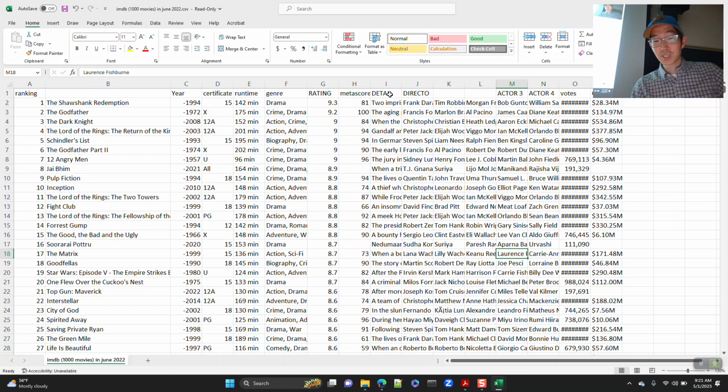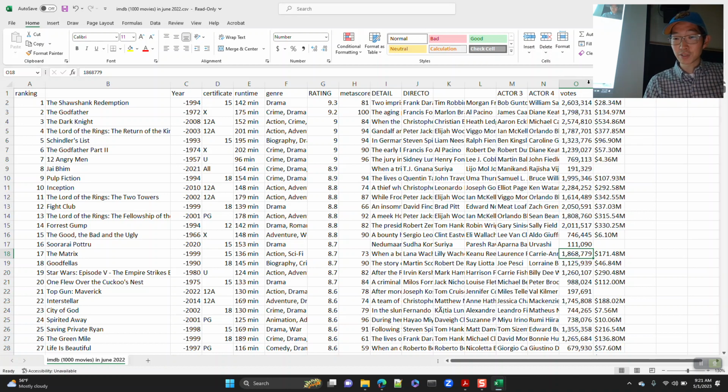Lawrence Fishburne, actor 3, Carrie-Anne Moss, and then, you know, so now you only have three actors, right? So there are some issues. I mean, I could deal with this. I mean, there are ways to deal with it, but okay. The issue here,